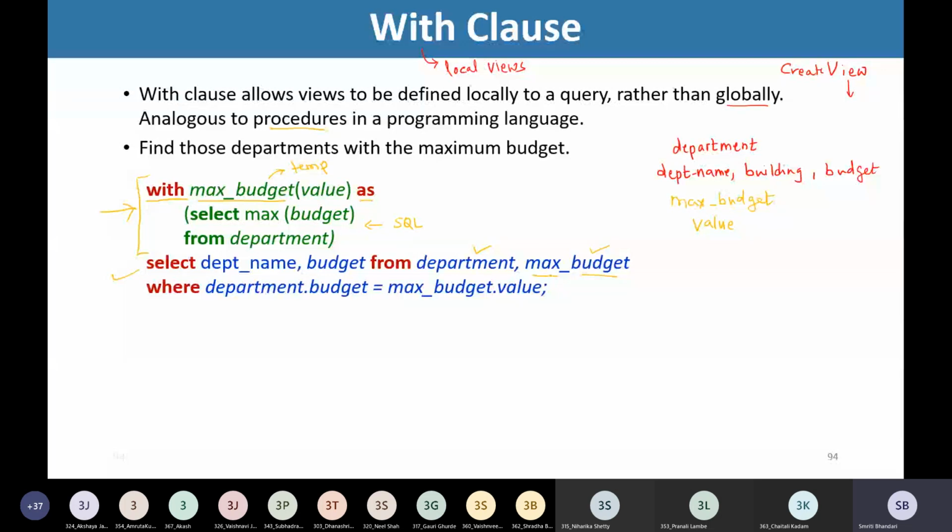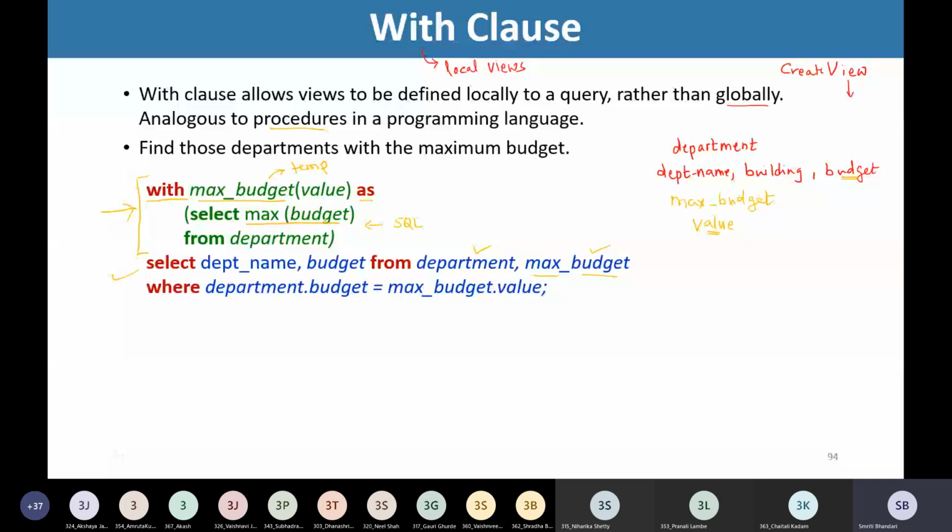Okay, so we are making use of these two relations and we are providing a predicate where department dot budget is equal to max budget dot value. So this department budget we are equating with this value. So what is there in this value?